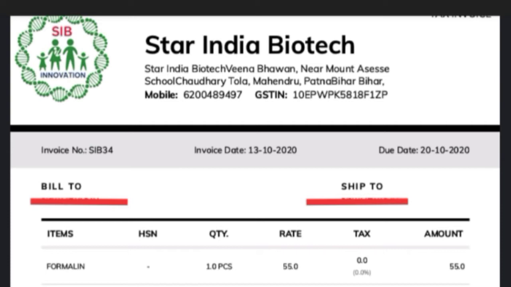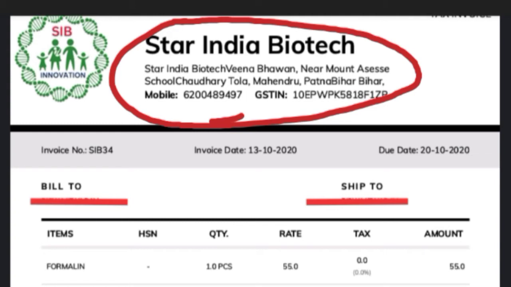So we called and took a recommendation from Star India Biotech, whose owner is a PhD student who did his BS and PhD in biotechnology from Punjab Agriculture University. Because of their recommendation we started mushroom cultivation. I had never done this type of thing before, so that was the first time for me to grow a mushroom.